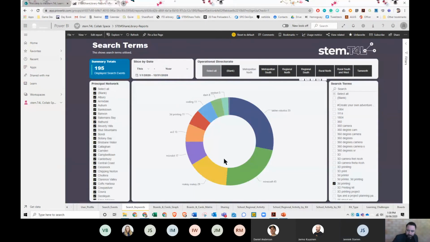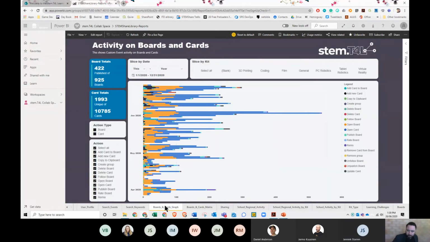So we've got search terms in there that people are using. These are some of the custom events that are happening: adding a card to a board, publishing a board, or rating a board. And some of these are really about consuming. They're about getting information, which is where a lot of our schools are at the moment. But as we're trying to build up schools relating to STEM, we want them to be working more on creating their own resources rather than just consuming. And so some of these relate to consuming, some relate to creating,